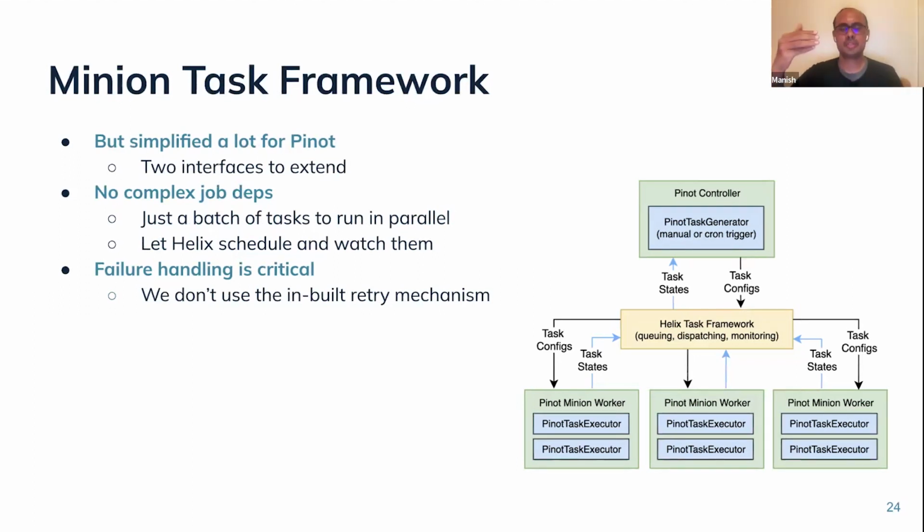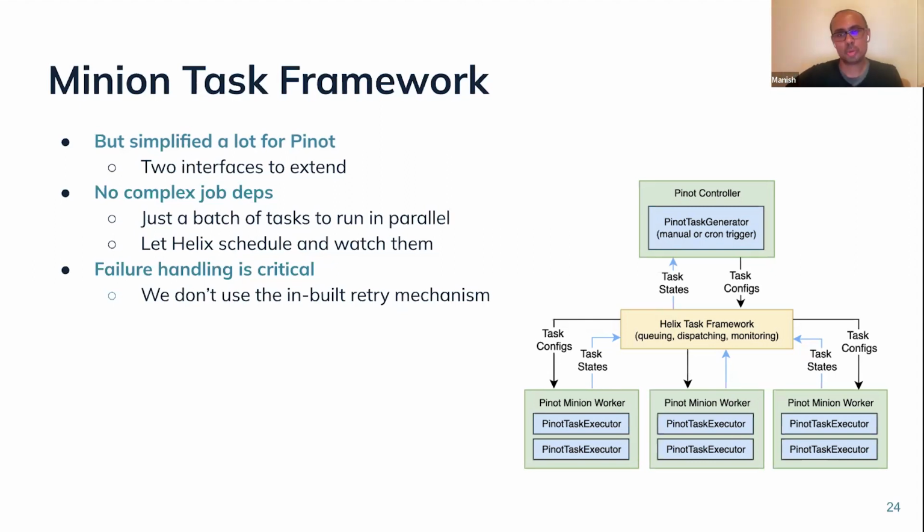You can think of one as the brain, the controller that I've shown here. It decides how you're going to split the work, whatever the work is, across all these minions.